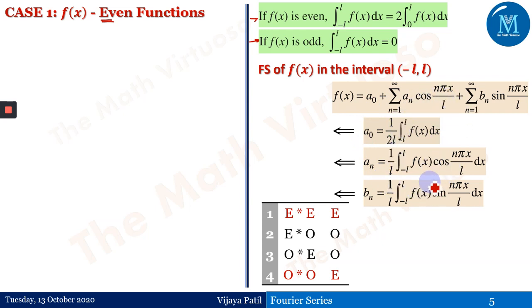Let me discuss what will happen with each of these whenever I'm dealing with even functions. Now, whenever the function f of x is even, what do we mean by an even function? f of minus x is nothing but f of x. That holds good for all x, so this property holds good for all x in the particular interval. We are dealing here with minus L to L as the interval, right?